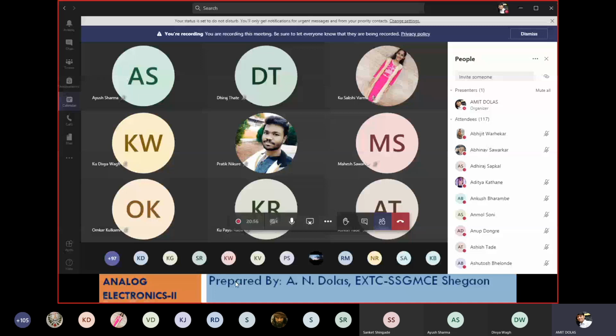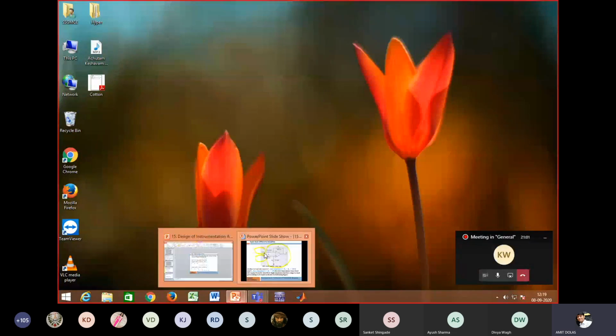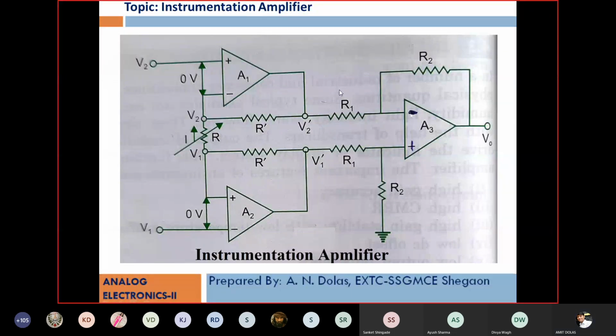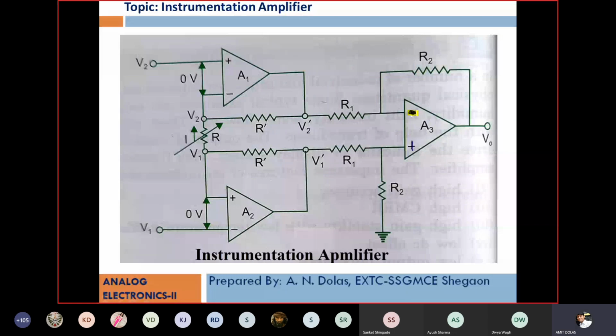Okay, so I'll move to the next, that is the 3 op amp instrumentation amplifier. Whatever we discussed till now, we have already seen this circuit as the subtractor circuit in unit number 2. Now you can see here, I took this diagram from the book by D. Roy Choudhury. The notation for op amp A3 was wrong there. Plus minus must be minus plus. It will be proved in the numerical or derivation further.